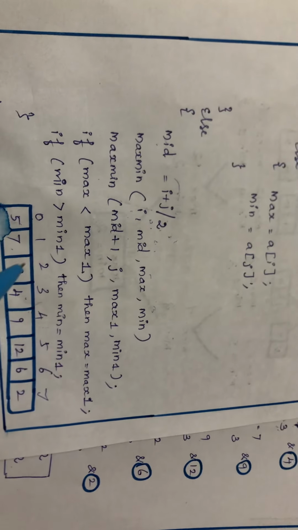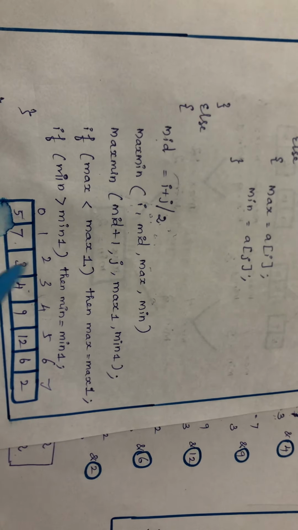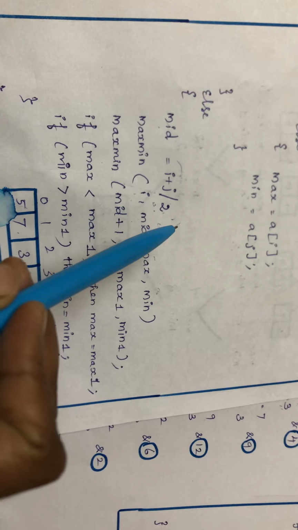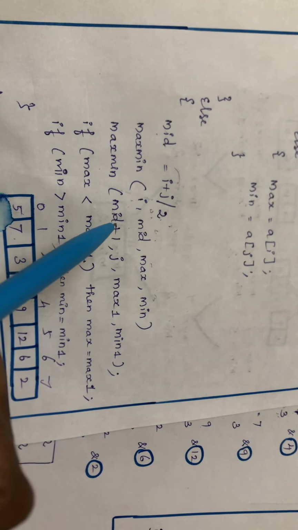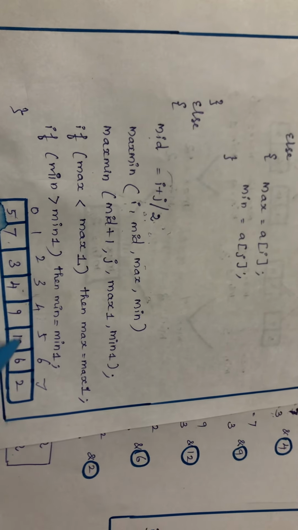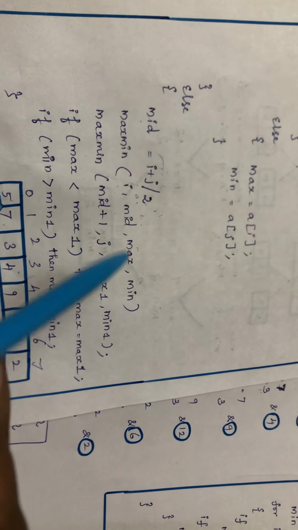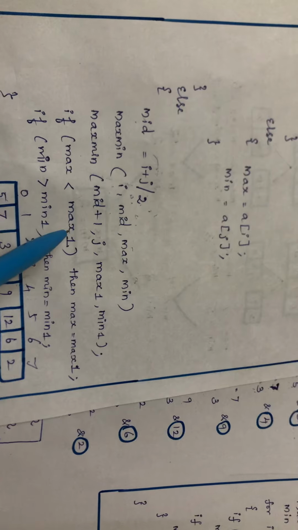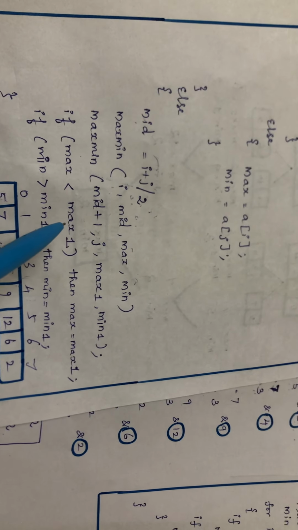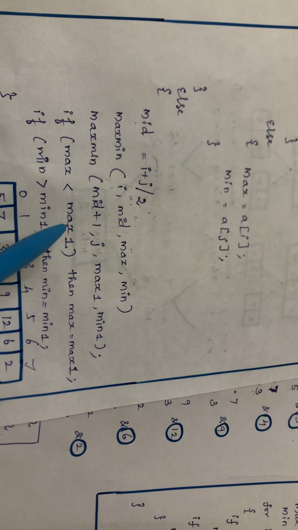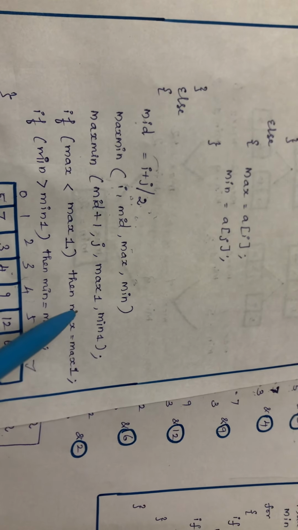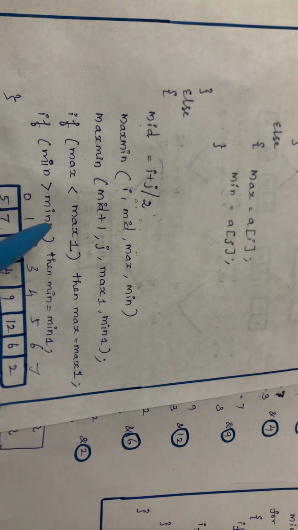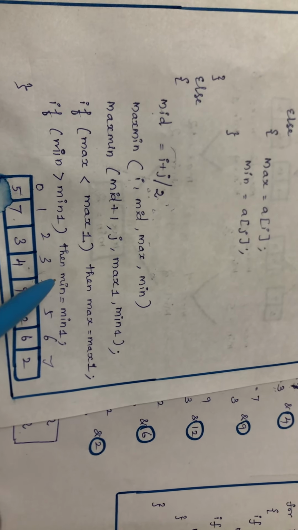Again it is divided into two parts. After that, find the max and min values. Likewise for this part, mid plus 1, we already found the values. The mid value is 3, 3 plus 1 is 4, so 4 to 7 values will be found in the next part. Finally compare max and max1 values. Here which one is true? If max1 is greater, max1 will be assigned to max. For min1, whichever is the lesser value will be assigned to min.